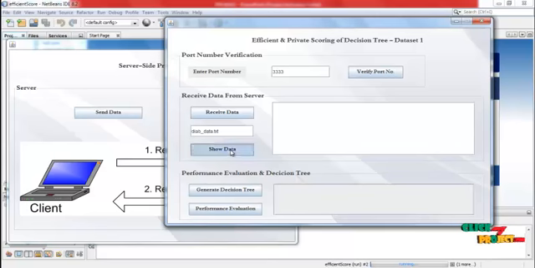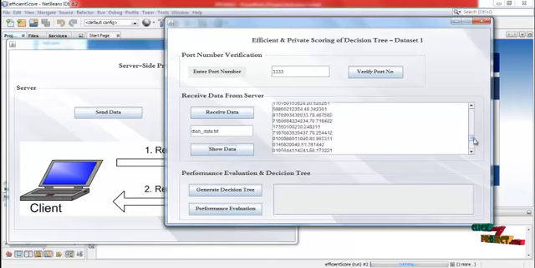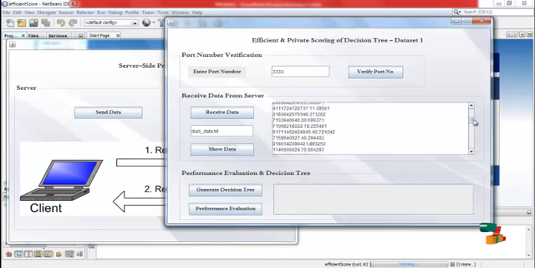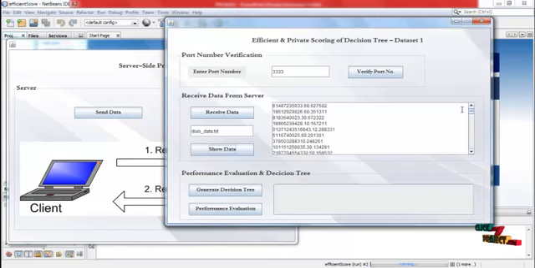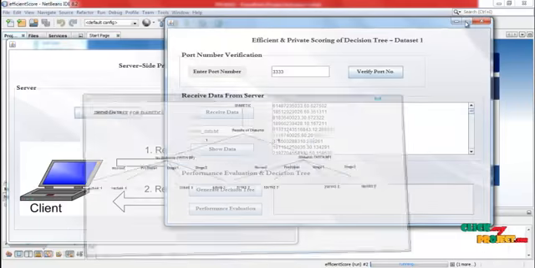Then click show data. This is the data sent by the server, and then generate the decision tree based on the data. This is the decision tree for diabetes. So level 1, level 2, based on this, after SVM classification, and then we can